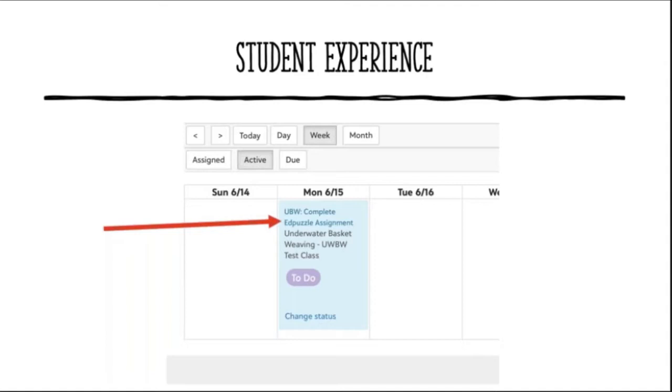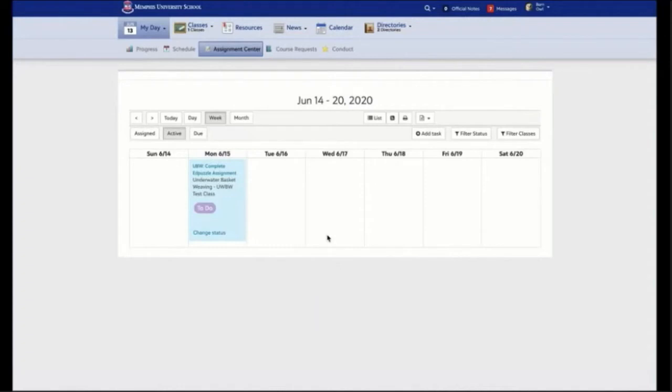But we would still want it to feel integrated. For the kid, whatever it is, they should be able to click to it from their assignment calendar, because one piece of feedback we got was too many places. Even if you want to send them elsewhere, they just need to get to it from here. You name the tool. This says complete Edpuzzle assignment, but it might be more specific, like watch the chapter 3.4 lecture on Edpuzzle. Then they click there, and I actually made a little video of what that might feel like.